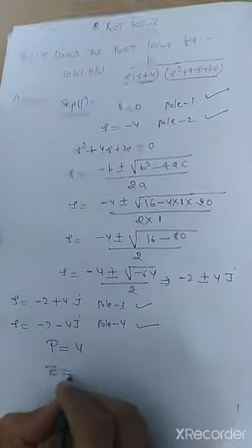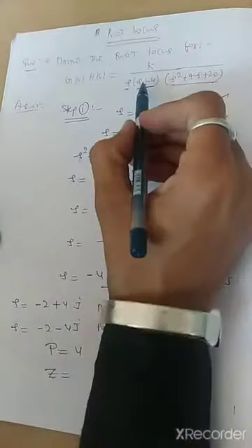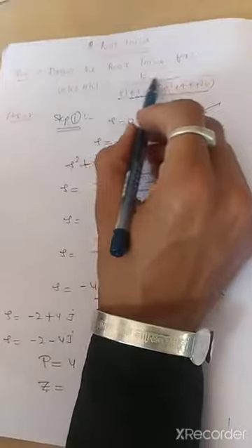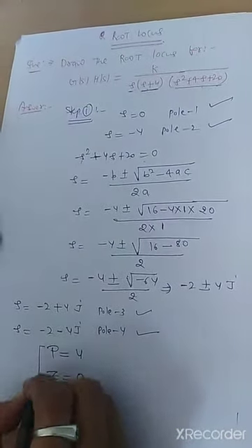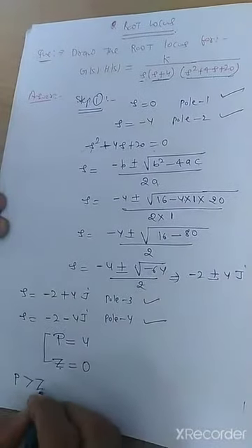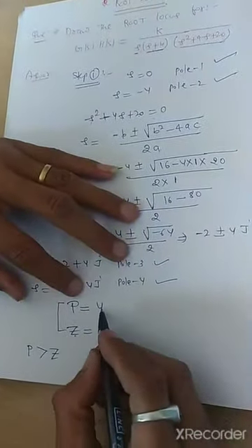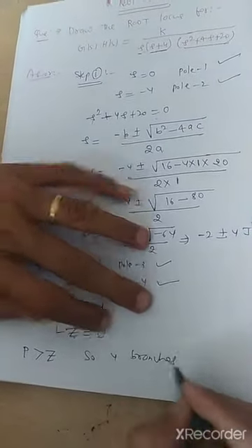Now we find out from the question the total number of zeros. See, in the question there is nothing in the numerator with S. No value of S is there. So it means the total number of zeros is equal to 0. Because poles are greater than zeros, it means there are 4 branches of root locus, as the number of poles is 4. So 4 branches of root locus.